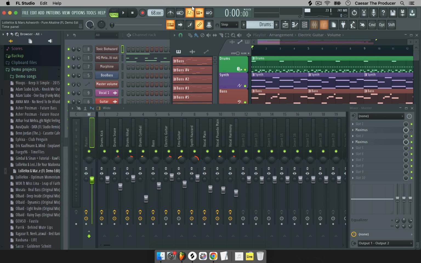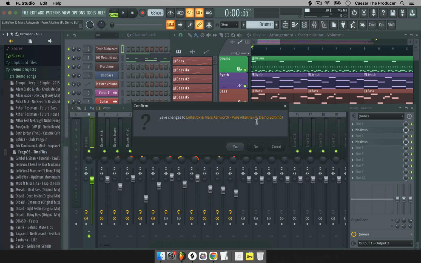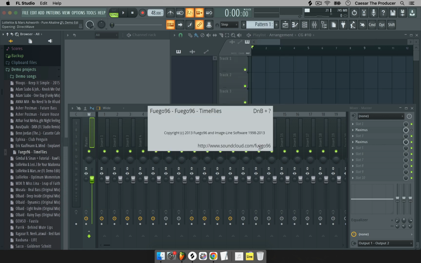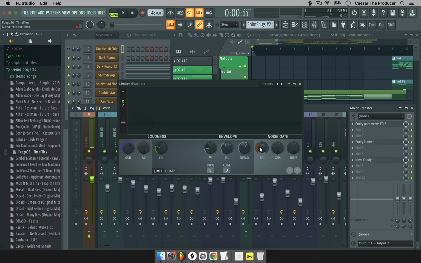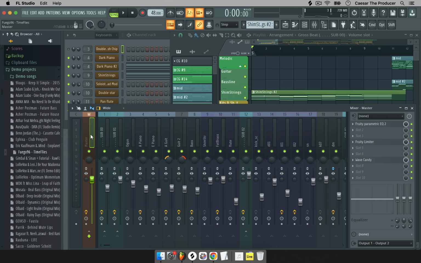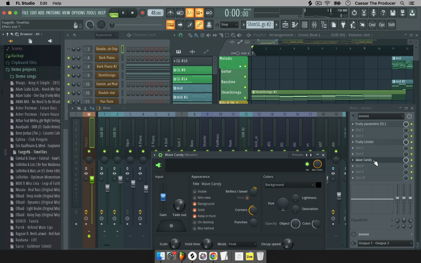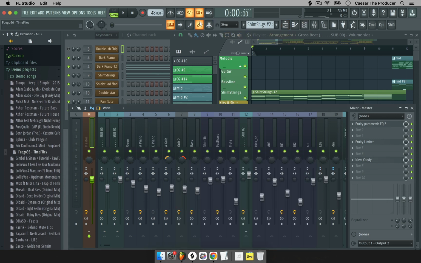Let's go and try. I think this is a project over here. I'm going to say no. Okay, and what you're going to notice in this master is that we don't have any Maximus, but we have a limiter, right? We have a parametric, we have a limiter, and we have Wave Candy, and this is just candy. It's just supposed to be some type of